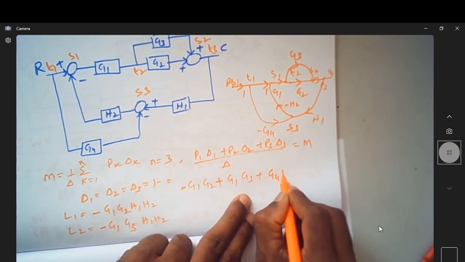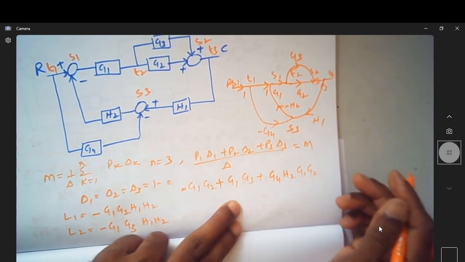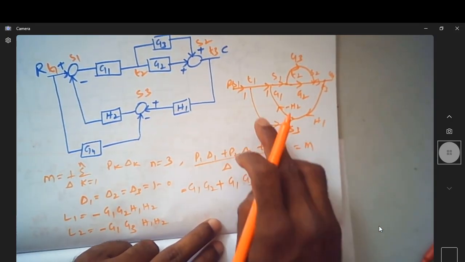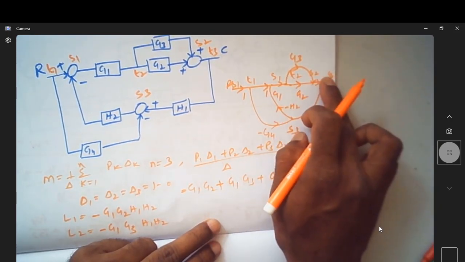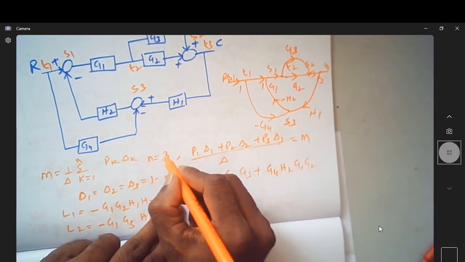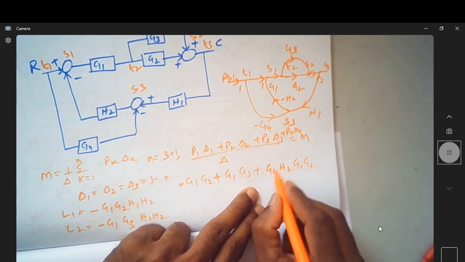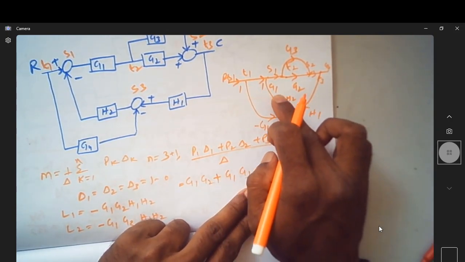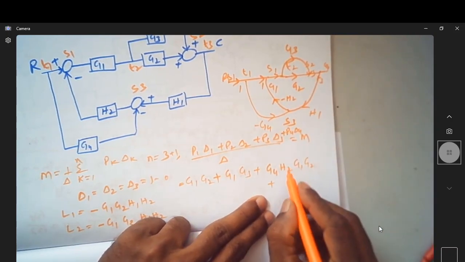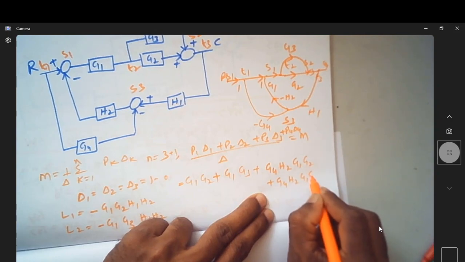Is it not G4 H2 G1 G2? Oh, actually we have 4. Okay, now it came like this. It's this, and you can go by this. So it's actually plus 1. So it is P4 delta 4. So what is the fourth forward path? The fourth forward path is start from here, go like this, jump this. So it is G4 H2 G1 G3